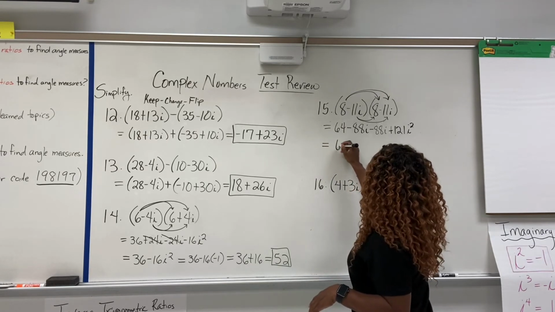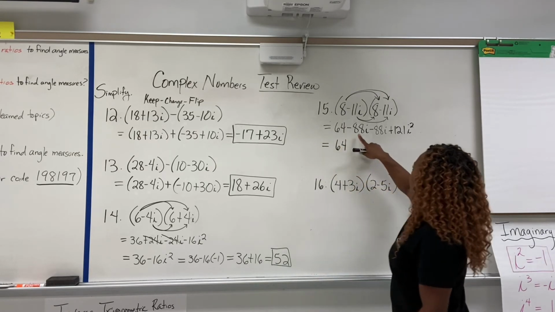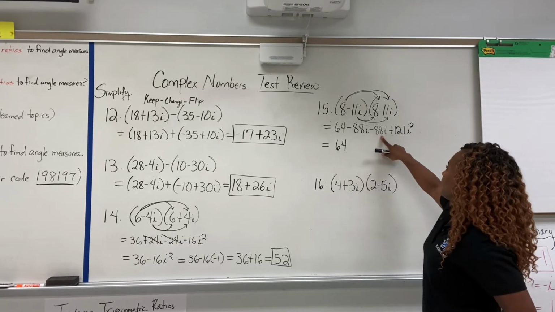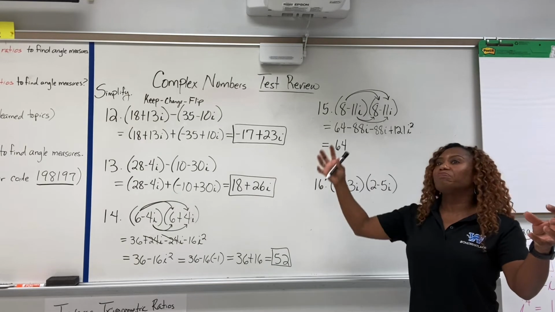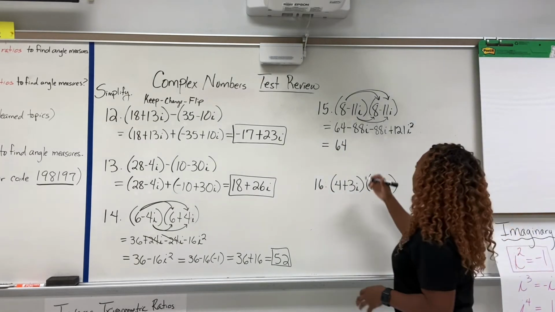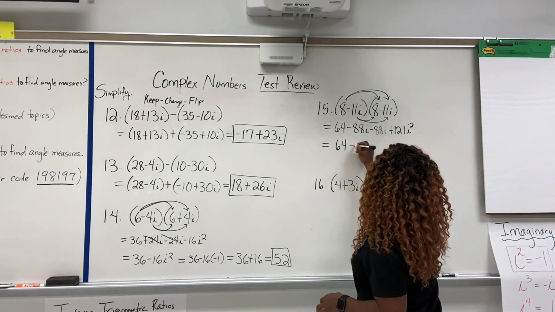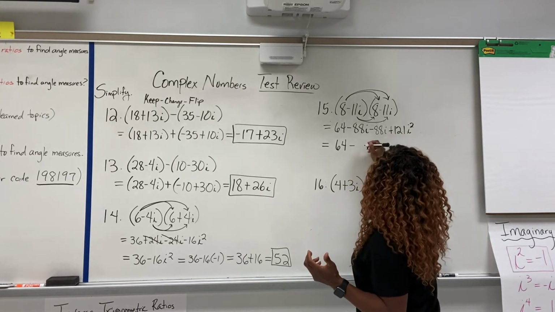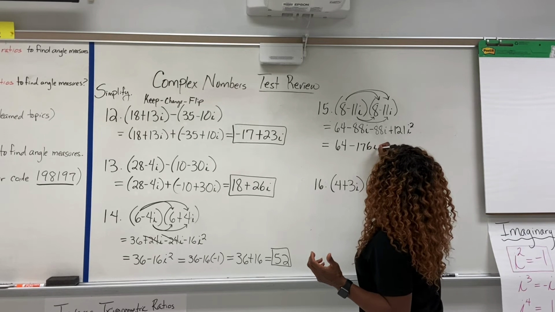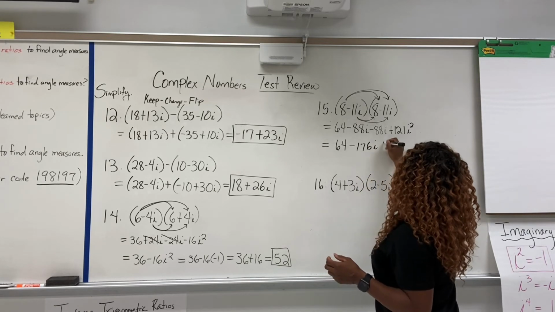So bring down my 64, and notice I've got -88i and a -88i. They're both negative, so that's one negative plus more negatives added together. So this will be a negative 176i, and bring down your